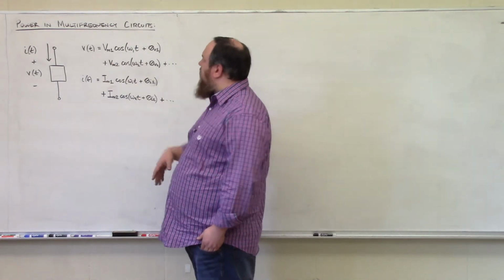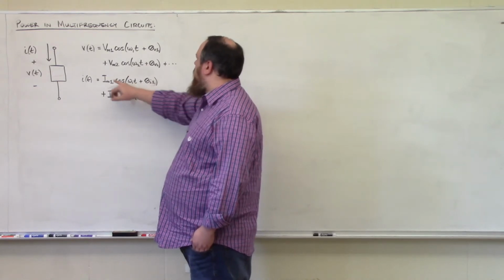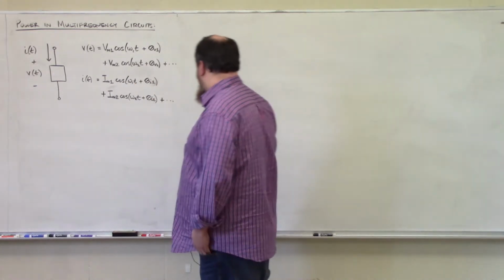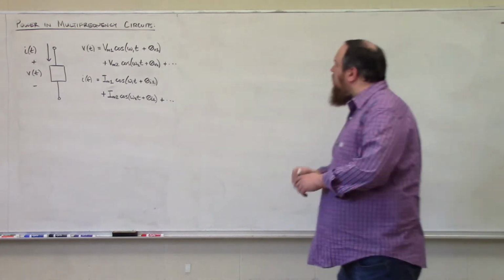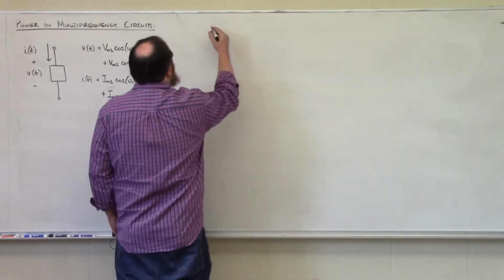And we have some current I of t that has some bit corresponding with omega 1 and then another term corresponding with omega 2. Well, as far as the instantaneous power goes,